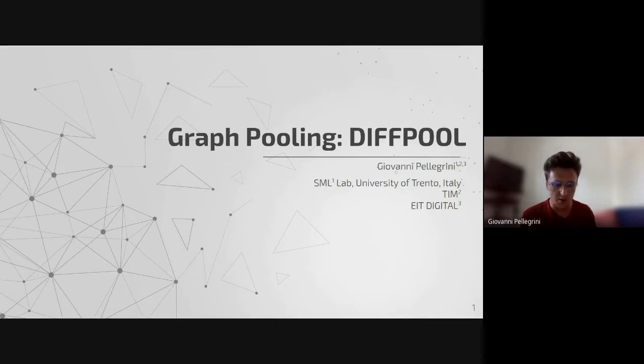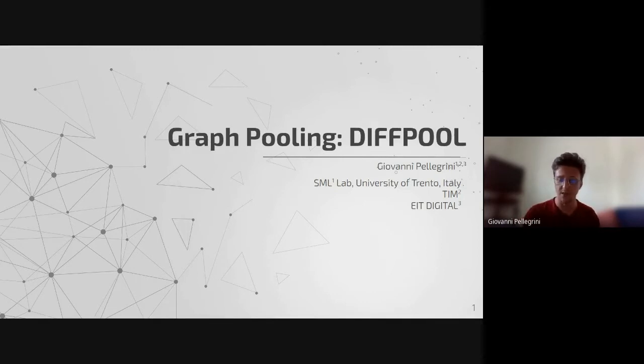To conclude our cycle of tutorials, today we're gonna talk about the last type of task that we can perform on graphs. We said a couple of tutorials ago that we have the node prediction task, the link prediction task, and the graph prediction task. I briefly introduced it three tutorials ago. But today I want to talk about one technique that we can use to perform graph prediction,